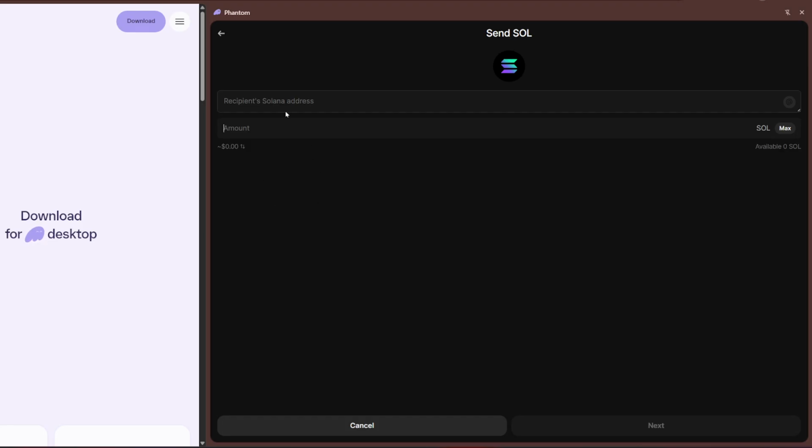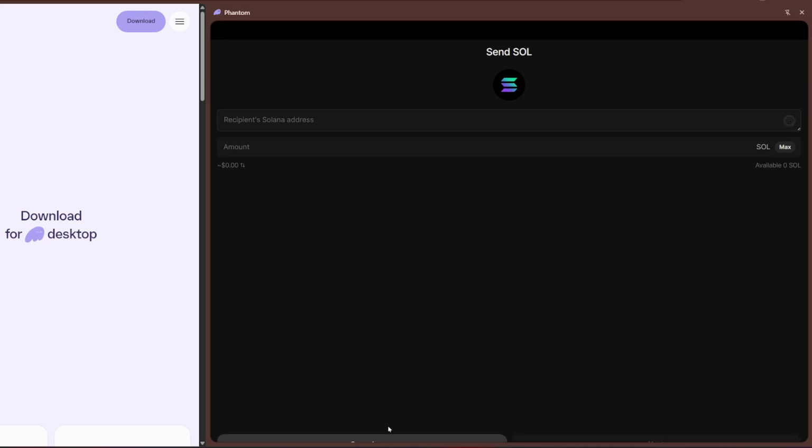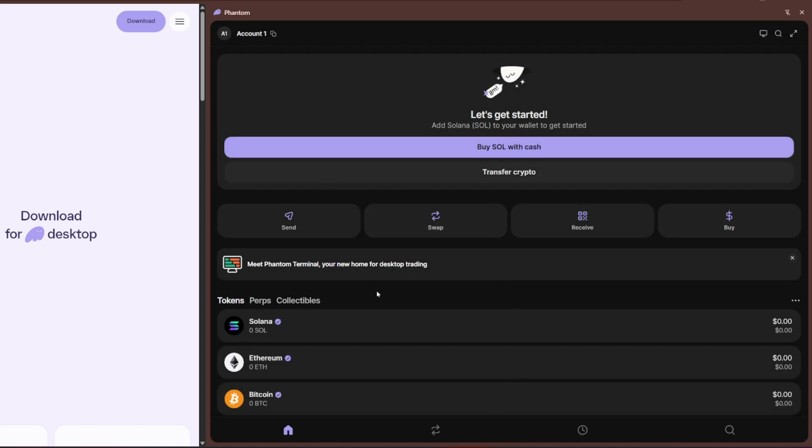After the crypto has successfully arrived in your exchange account, you can sell it for USD or your local currency. Navigate to the trading section of the exchange, select the trading pair that matches your cryptocurrency, and choose the option to sell. Follow the prompts to complete the sale, and you will see the equivalent amount in cash reflected in